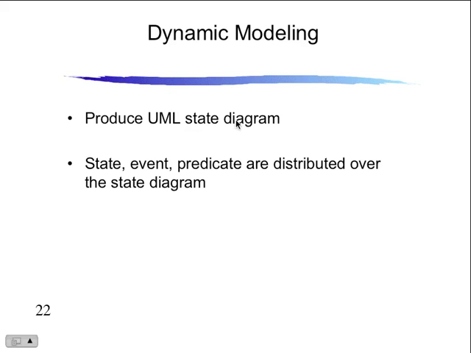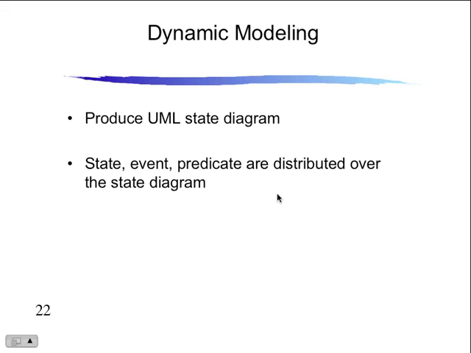So we produce UML state diagrams. State diagrams show us how things can change, because there's a finite number of states that a program can logically go into. There are only so many sequences of ways that people can click on a button or use something. So dynamic modeling encompasses state, event,